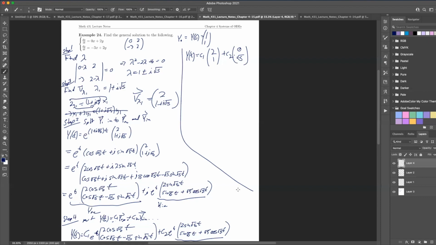Does everyone see how I got these vectors if I plug in 0 for t? Okay. Now, if I solve for this, I'm going to get c1 is equal to a half, right? Because there's 0 here, so this one just becomes a half. That has to be true. And if this is a half, then that forces c2 to be